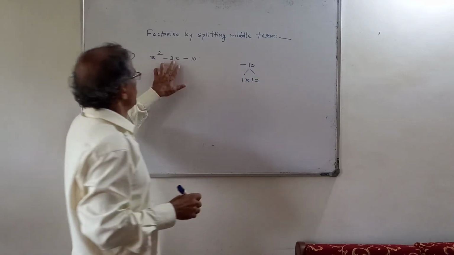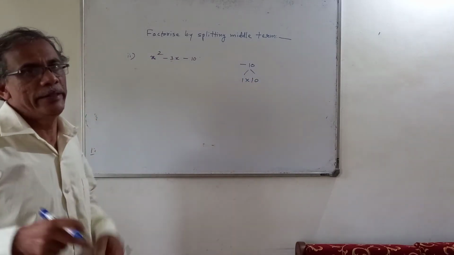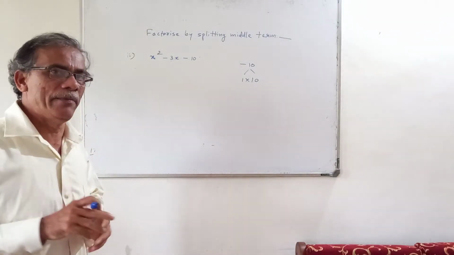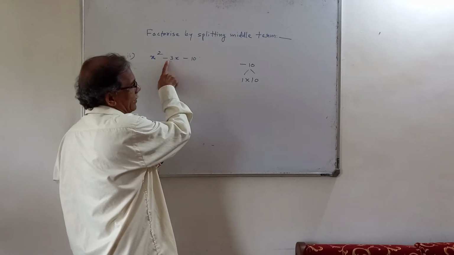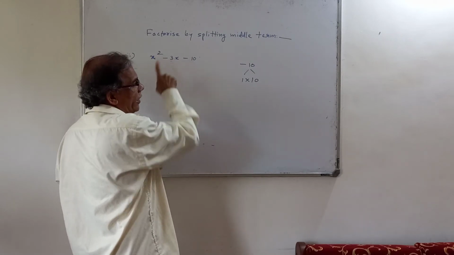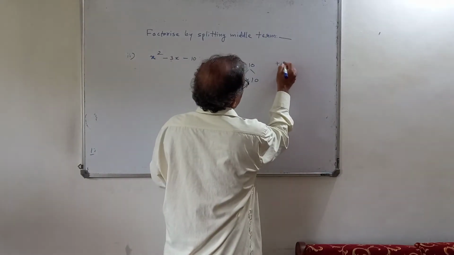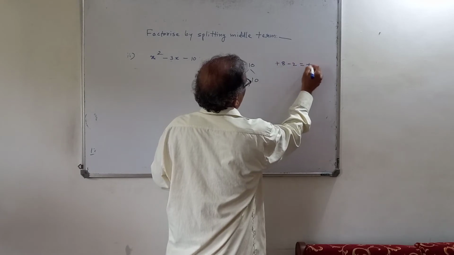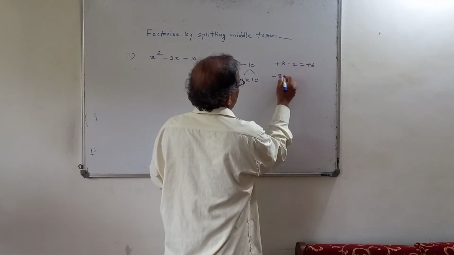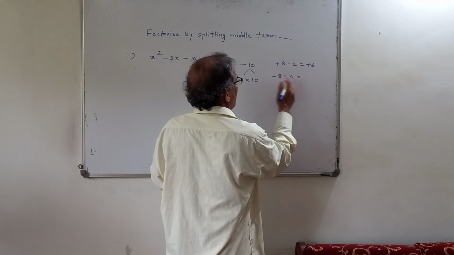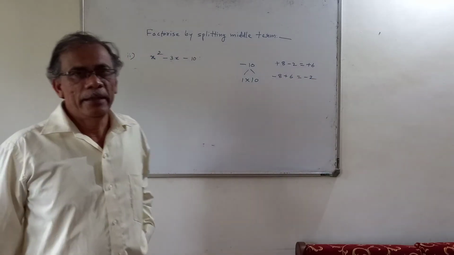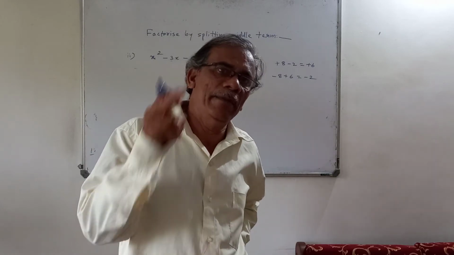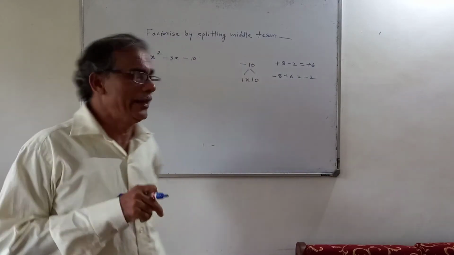Now here we should know how to attach the sign, because in the earlier cases all the plus signs were there. What is the addition? The addition should be minus 3. So now you know that plus 8 minus 2 is how much? Plus 6. Minus 8 plus 6, what is the answer? Minus 2. So in addition, the answer will always have the sign of the greater number, isn't it?